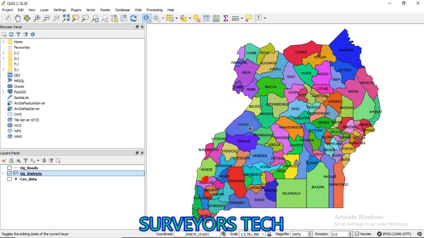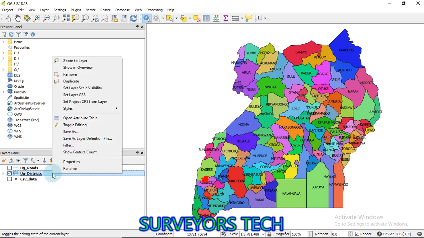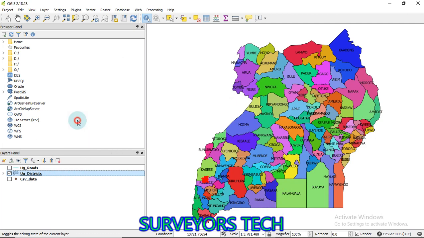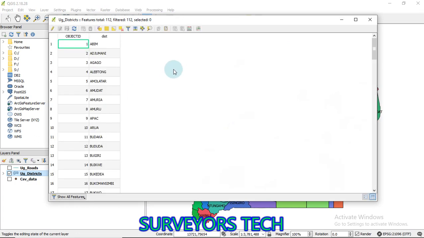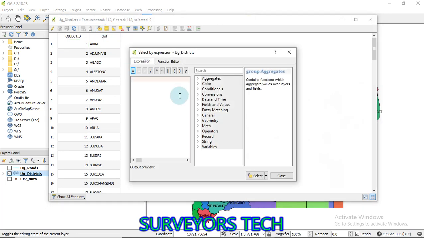So querying, let's run just a simple query on this data. For you to run a simple query, let's first open the attribute table. Then after opening the attribute table, come to select features using an expression.